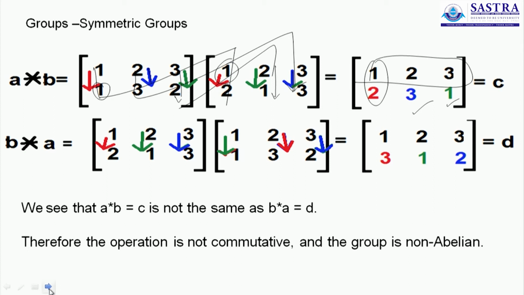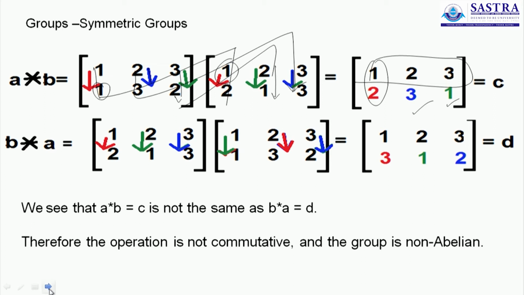This is from the left. There are other conventions also, and some textbooks may multiply from the right. So they will follow the images from the right. 1 to 2, 2 to 3, they will write 3 here. 2 to 1, 1 to 1, they will write a 1 here. 3 to 3 and 3 to 2, they will write a 2 here. That's okay. We will uniformly follow one convention where we operate one permutation by the other from the left. So A star B, A operates on B, is what we see.